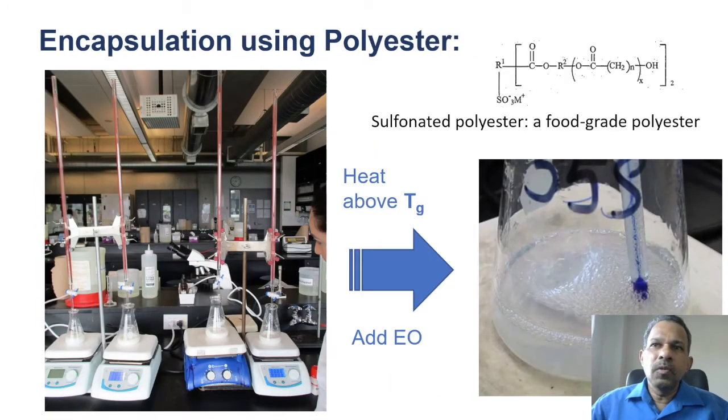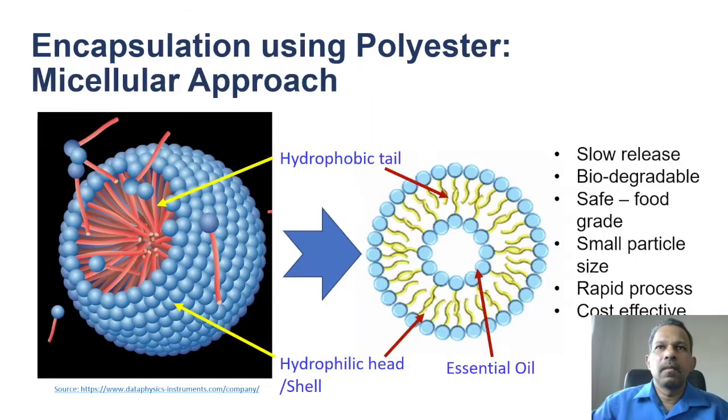We have also used a synthetic polymer, which is sulfonated polyester, which works in a different way. The sulfonated polyesters, when dissolved in water, form micelles. In the micelles, as you can see, the sulfonated parts form the head, which is hydrophilic, and the hydrocarbon forms the tail, which is inside. So the micelles are organized into two layers where the hydrophilic part is facing water and the hydrophobic